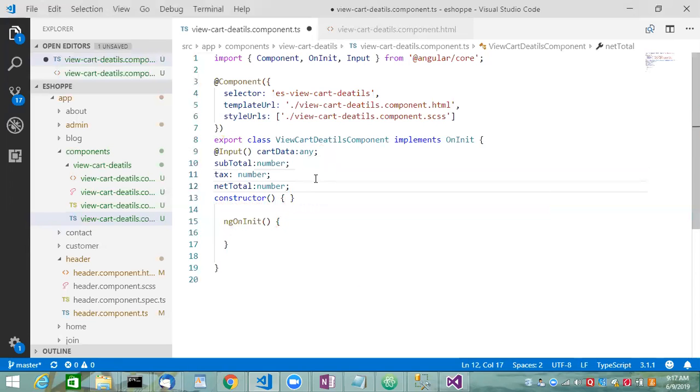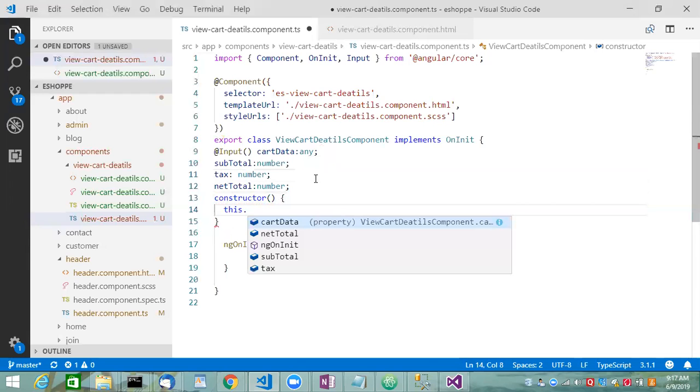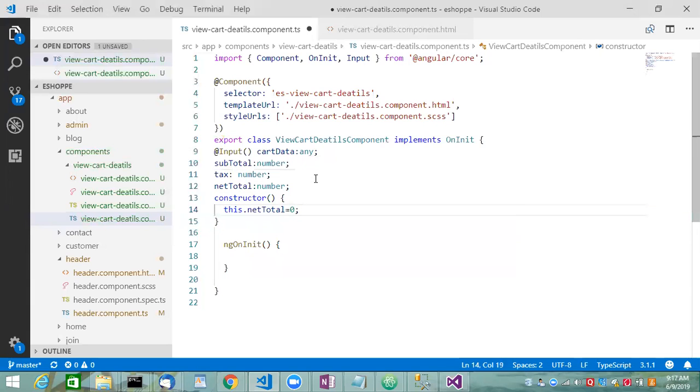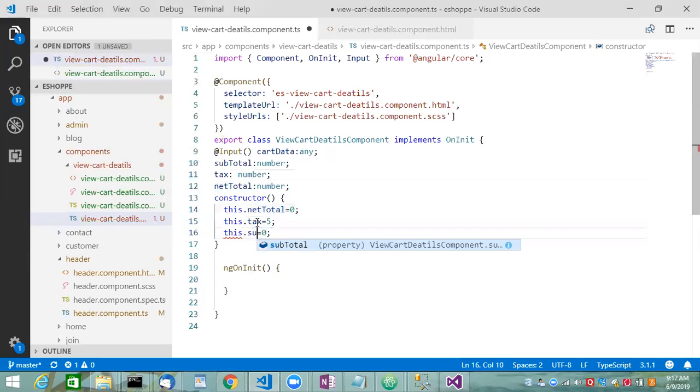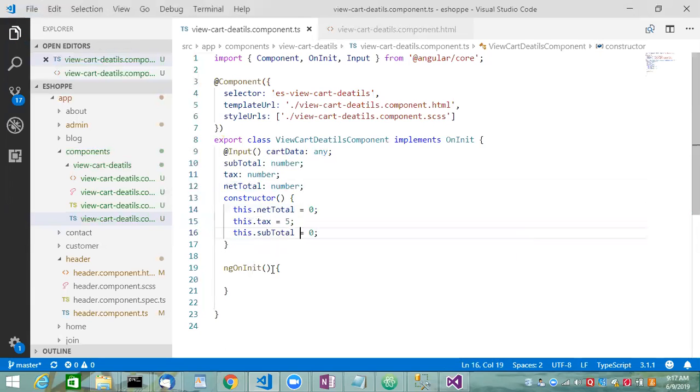Okay. Then let's initialize these variables. Net total 0. Tax wanted to have 5, which is percentage, and this dot subtotal equals 0. Yeah, now it's fine. Now on the initialization, what I should do is I should iterate through